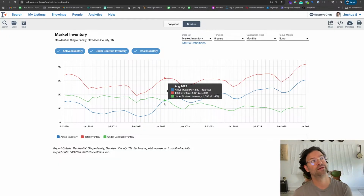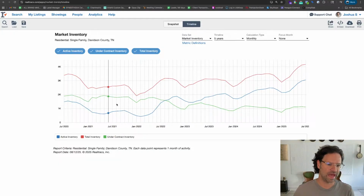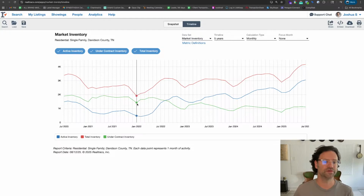So let me think back. What were politics doing? What was the rate at that time? It's going to have a correlation line to all of this. The rate definitely has a big impact as to what the market's going to do. But this is an interesting pivotal moment right here. This is when the active inventory rose above the under contract inventory, which means that we have more inventory than we have buyers, effectively. So buyers started dropping off back in 2022, and they haven't really come back, but they